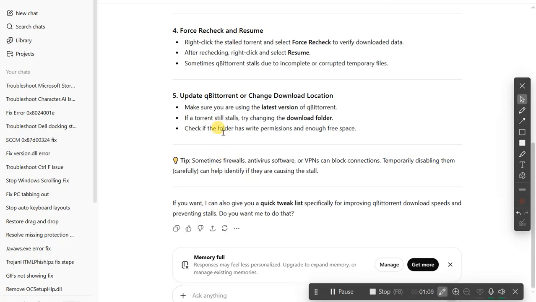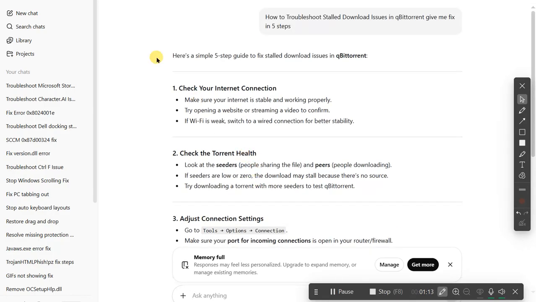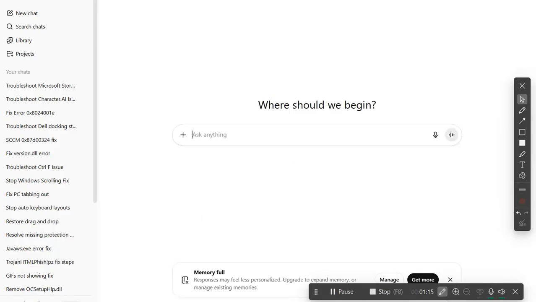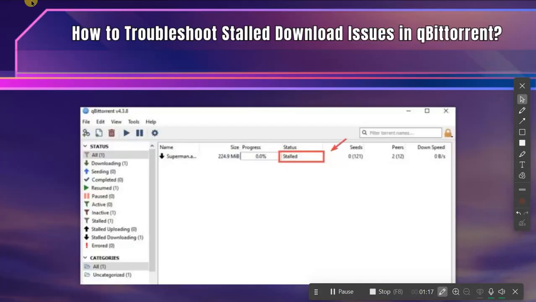Another trick is to turn off the VPN temporarily, because many VPN servers throttle torrents. And don't forget to allow qBittorrent through Windows Firewall, or it can silently block connections. If your ISP throttles torrents,